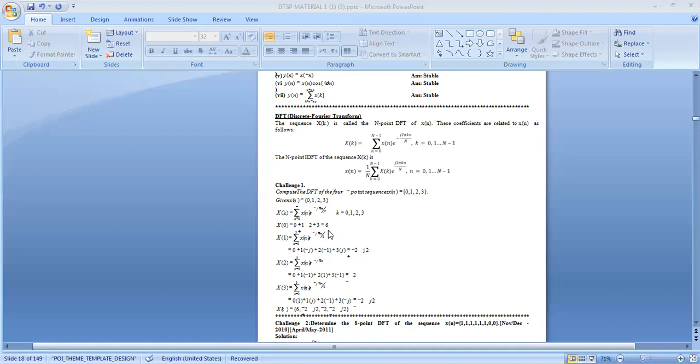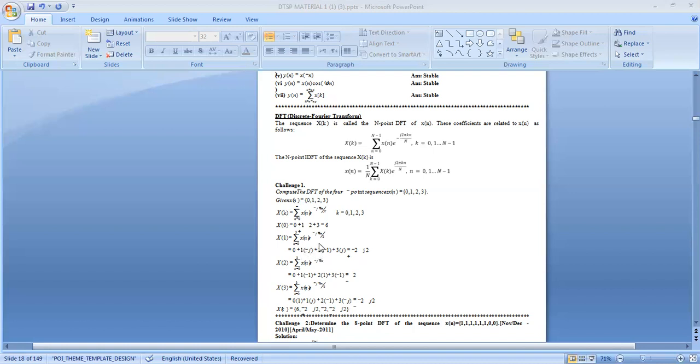So we replace k equal to 1 there. But what happens to the expression? It becomes e power minus jπn by 2. Now you replace n with 0. So we get x of 0, and anything to the power 0 will be 1. Anyway, x of 0 is 0 over there. Then we have x of 1 times e power minus jπ by 2. So cos 90 is 0, sin 90 is 1. So we get minus j. So over here, 1 minus j.